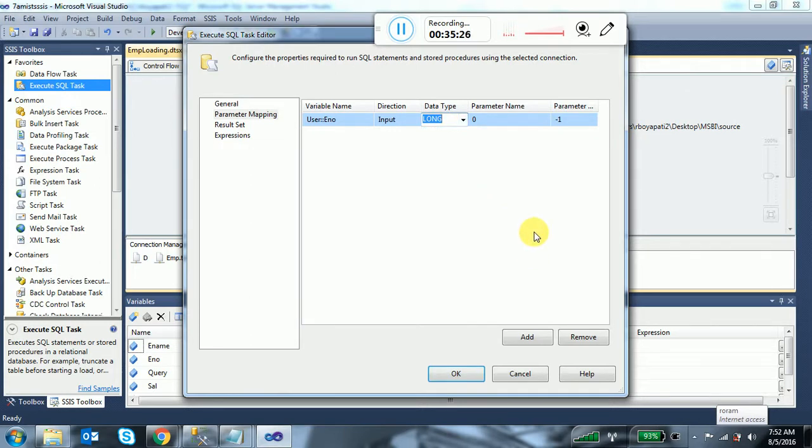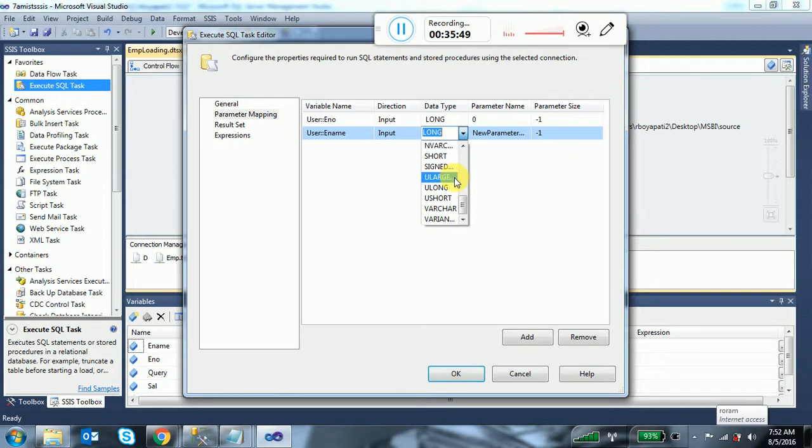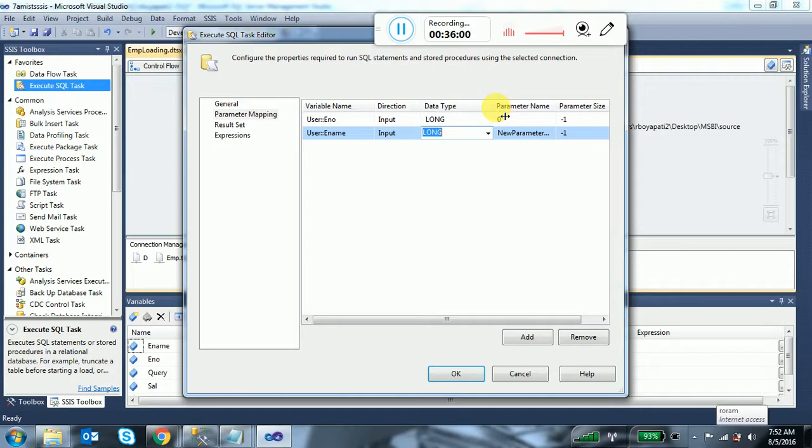How many data types do we have in SSIS and how much length will each take? There are a lot, but basically, as in SQL Server, you have integer, varchar, and nvarchar. Here also we mostly use varchar, nvarchar, datetime, and long integer. Float is also there. You don't need to worry about all the unnecessary ones.